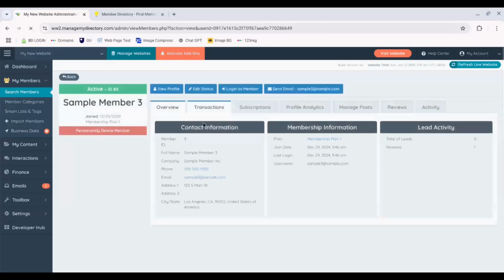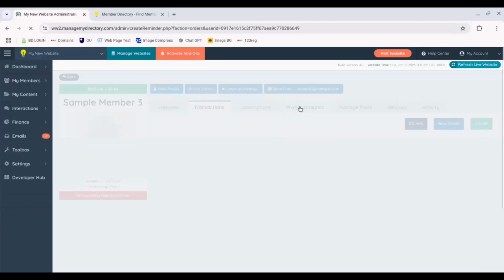So it's a really useful tool to see everything just at a glance when we're looking at a